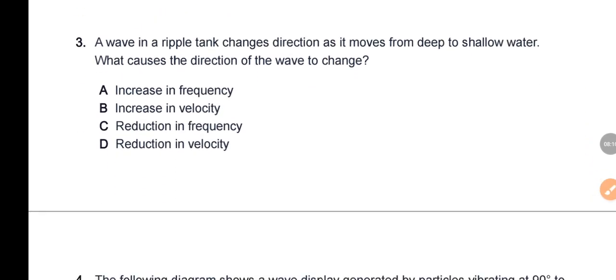Then question 3. A wave in a ripple tank changes direction as it moves from deep to shallow water. What causes the direction of the wave